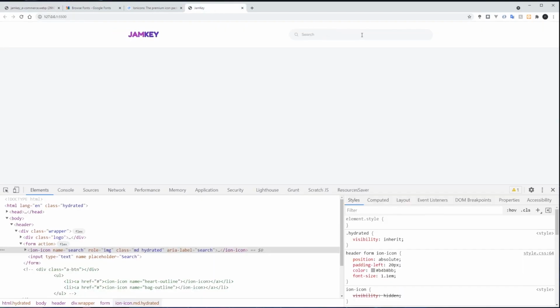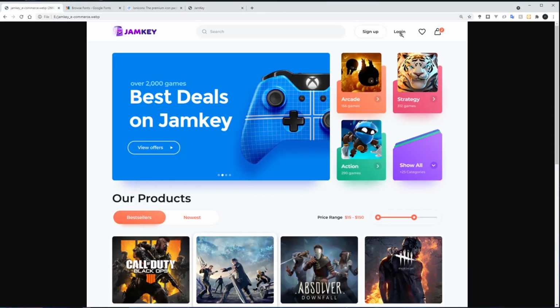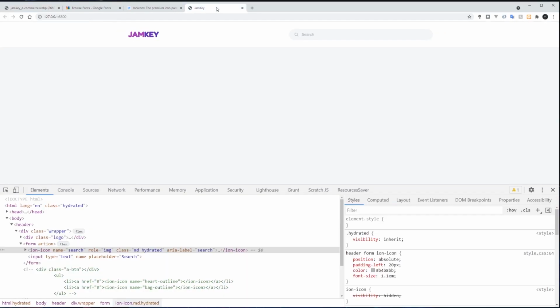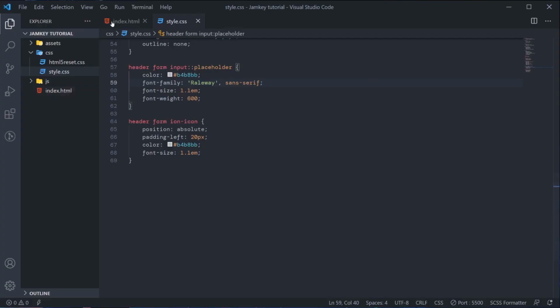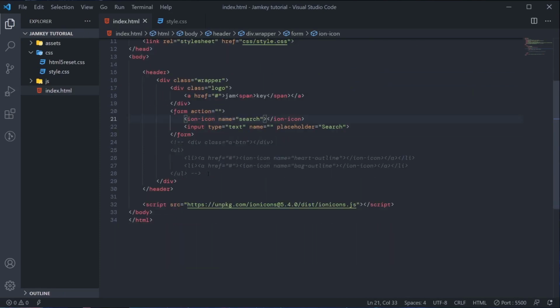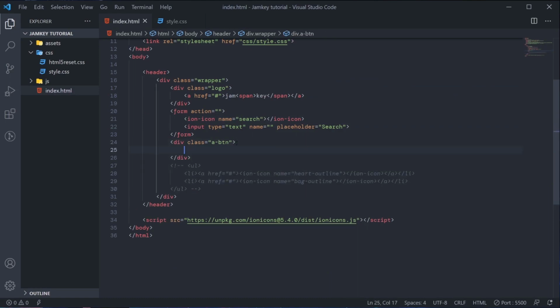So the next one we want to design now is these buttons here, which is this sign up and this login. Okay, so what we'll do, we'll go back to the HTML. So now I'll go target this button. I'll do some kind of small markup here.